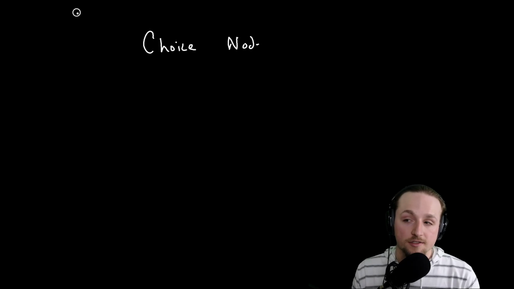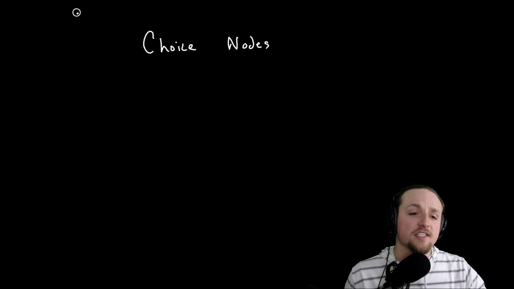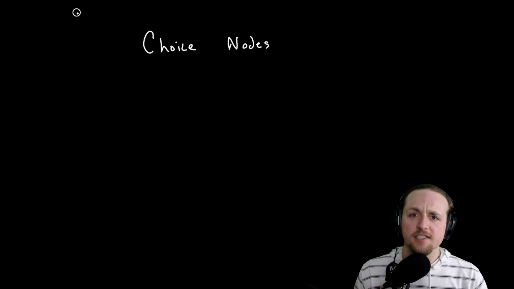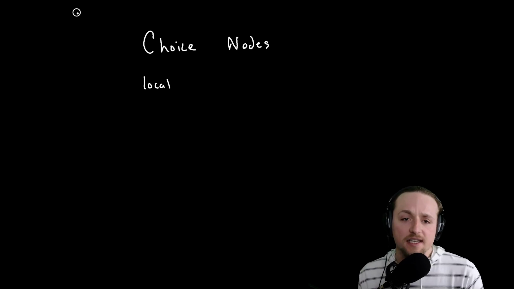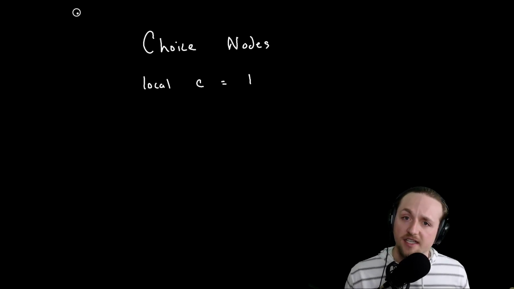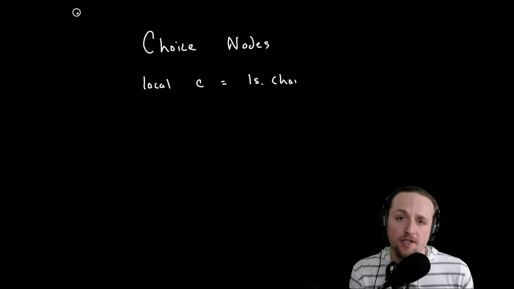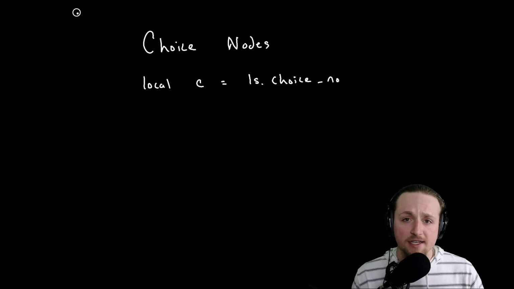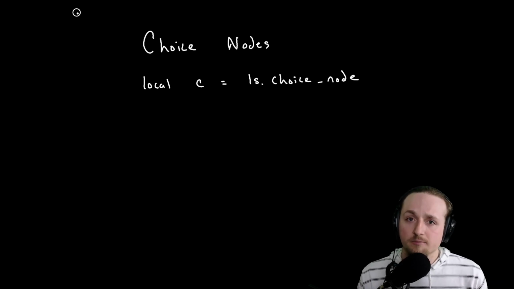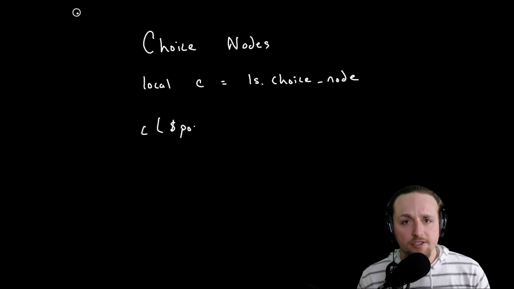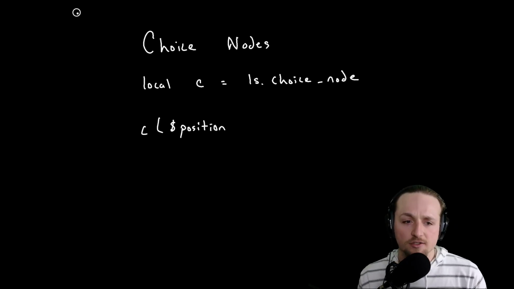The first thing that we're going to be talking about is choice nodes. So the way that you first access these choice nodes, generally I do something like local c equals ls.choiceNode, just like how we have been importing things in the shorthand. You'll get used to the shorthand as you use it a little bit more, and it'll make your snippets eventually easier to read. So the way that you actually use this is by calling choice node, and the first argument